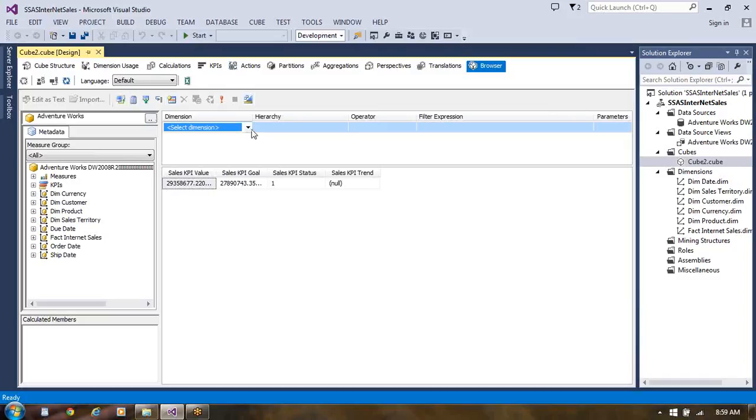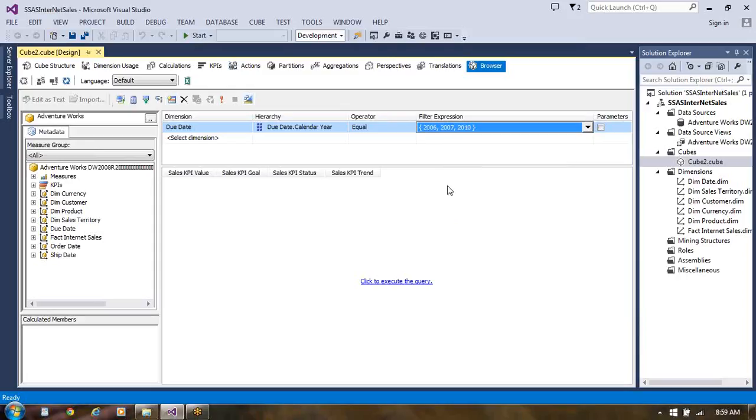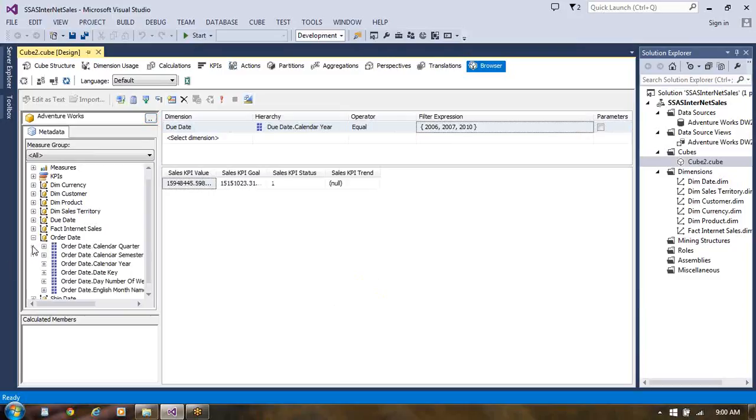And here once again choose a date, some date I take, due date I take. Based on the due date, I choose here calendar year. Based on this only we try to do it. Equal only we take only one particular 2 years we take in this. So one is 2006, 2007 and 2010 we take. 2009 is missing, so previous we don't find in that. And we can execute this. After that we can drag and drop year also. So when we take order date as per calendar,